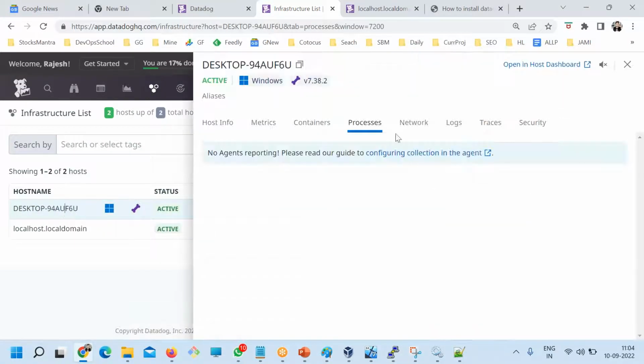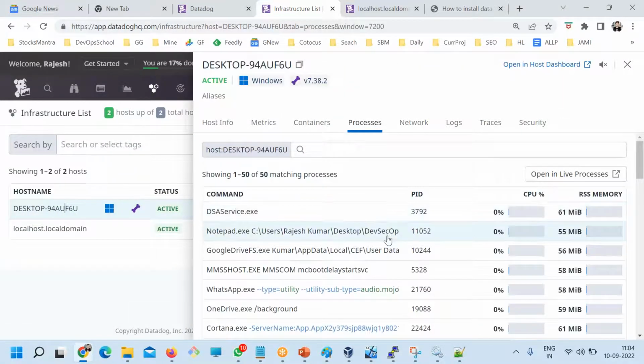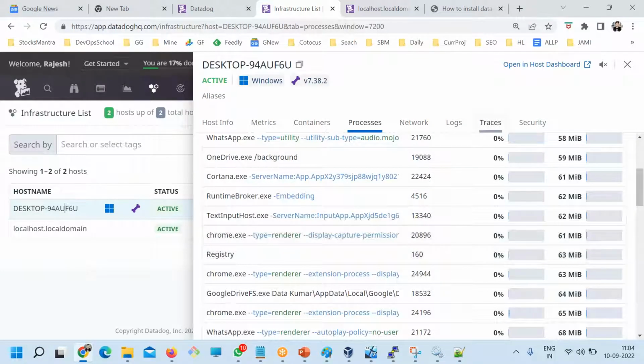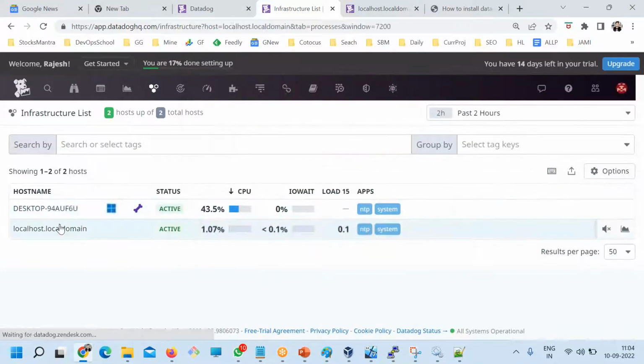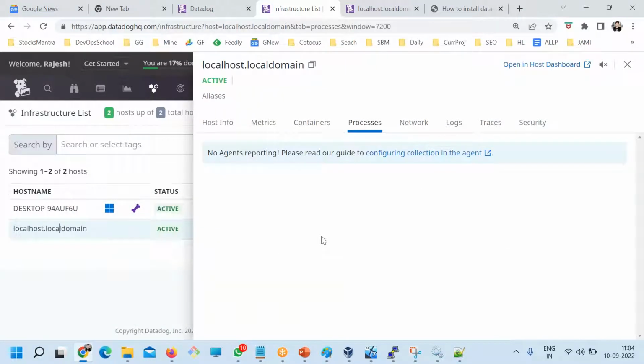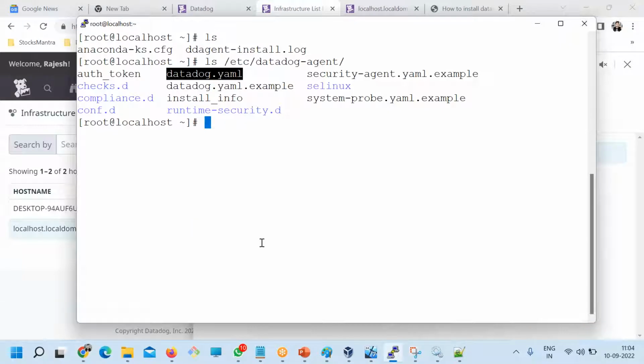If you go to Windows, you can see the processes being monitored. But for Linux, I have not done it because I just set it up. So what do I need to do? Any time you want to configure, modify, or customize the agent, which file do you need to touch? Datadog.yaml.